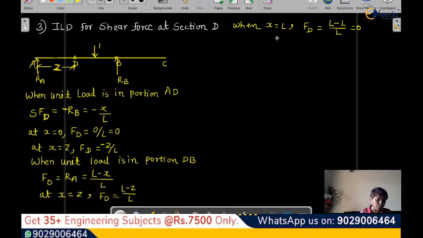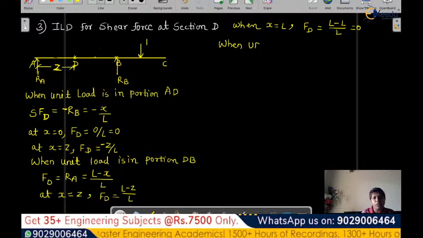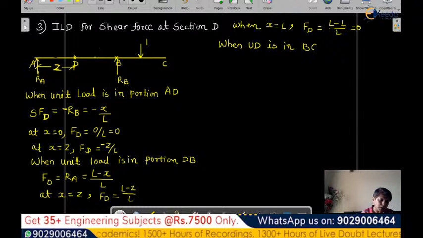The value what we have got over here. Now let's see when unit load is in this portion. Let's consider the unit load is in this portion. This is unit load at some point between B and C. So when unit load is in BC portion,